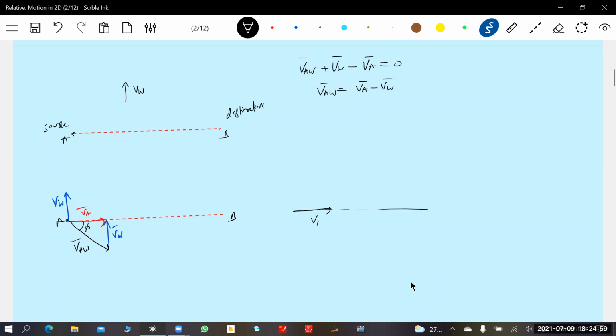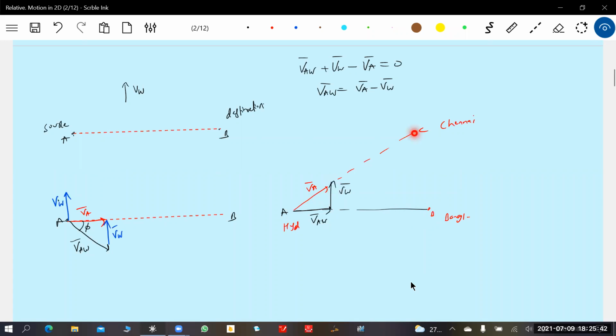If VAW bar is directed like this and the wind acts here, then VA bar will come in this direction. Then this was our destination, no? We are going to land somewhere here. Suppose this is Hyderabad and this is Bangalore. Then you are going to land in Chennai. The passengers boarded from Hyderabad to Bangalore. And if you say, sir, I'm very good in relative velocity, and make VAW bar along AB, then the wind will push and finally you are going to land in Chennai.